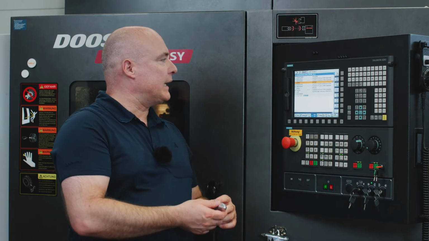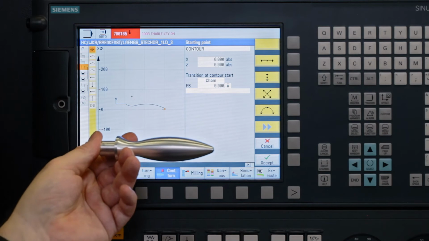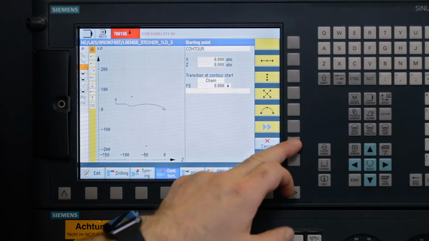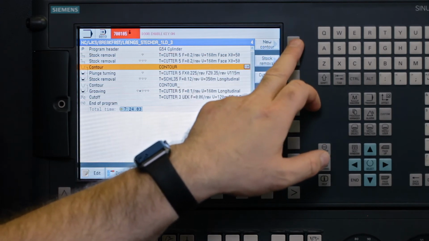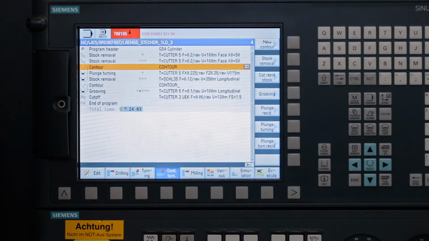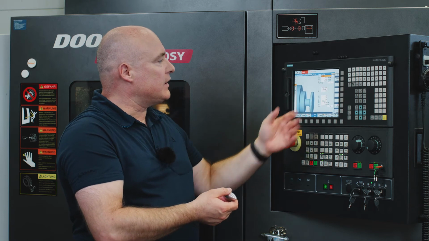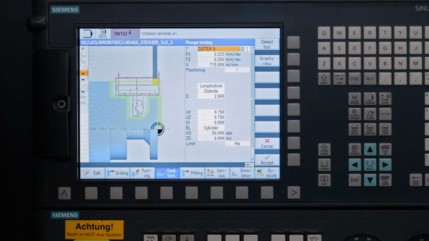We need a contour to make this handle. This was generated by the contour calculator in Operate and serves as the basis for the technologies needed to produce this handle. In this case, for contour turning, we have all the applications we need in the vertical soft key toolbar for producing this contour. In other words, longitudinal turning, grooving, plunge turning and residual material machining. Here, for example, for the plunge turning, you can very easily enter all the relevant technological data on the screen and check the entire manufacturing process in advance in the simulation with the animated elements.